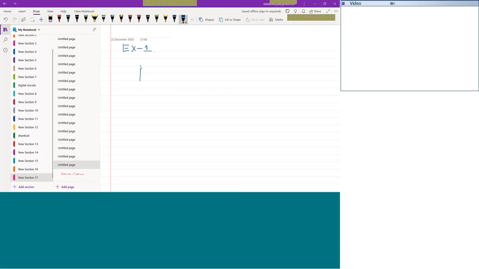So this is 0.5 volt. This is RD. Then we are having